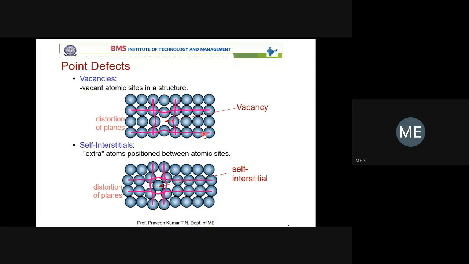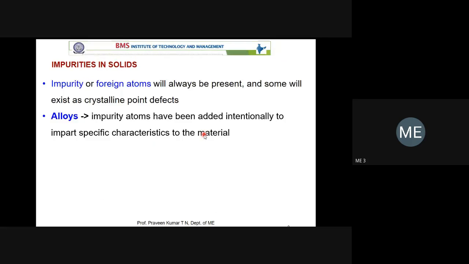Suppose a carbon atom goes and occupies some space in between the lattice, then it is not a self-interstitial, it is just an interstitial. The example for interstitial solid solution is carbon in Fe, because the complete second module is based on this concept. That's why I'm repeating. If you read the book, you require more time. First you understand, so don't miss the classes. Then you can read any books. That's your choice. Once you add an alloying element, it is referred to as an impurity itself. That is referred to as imperfection.